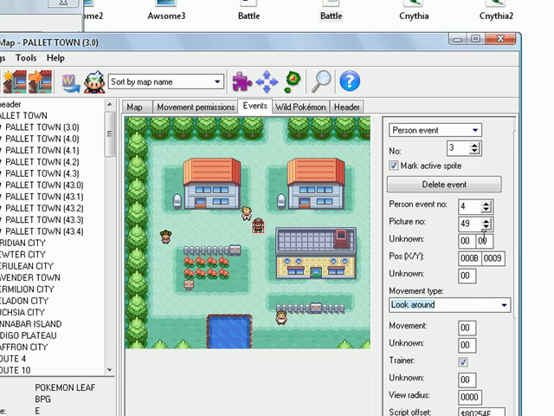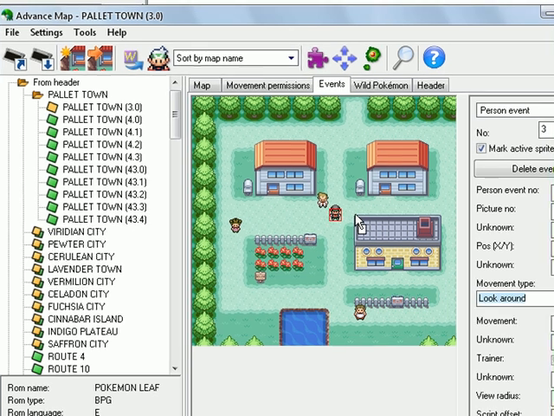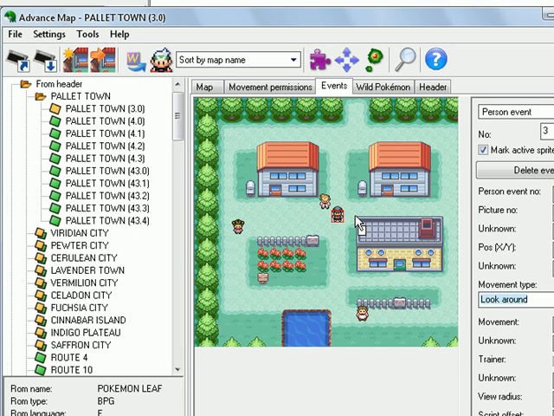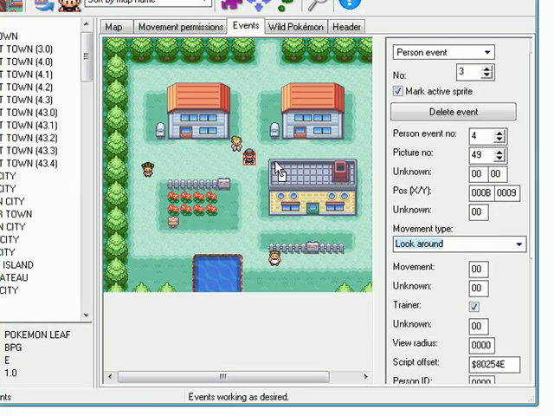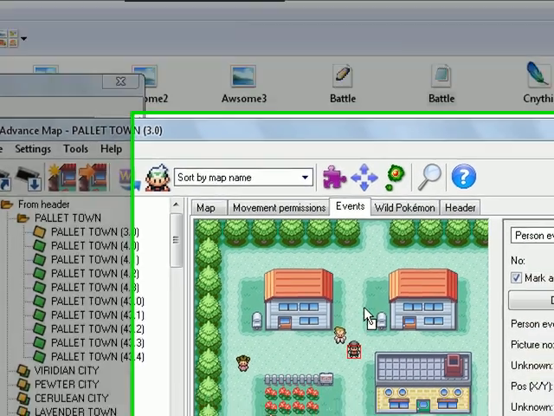Next, we're going to want to choose his view distance. So this is his view radius. So imagine there's like little squares right here. Every step you take is a new square. So if we just say his view distance is 1, he will only be able to view here. He won't see you over here. So let's make sure he can see all around. So let's give him a view distance of about 10. But make sure he's on screen. All right, you don't want somebody spotting you when he's way up here, way off screen, and then walking towards you, because